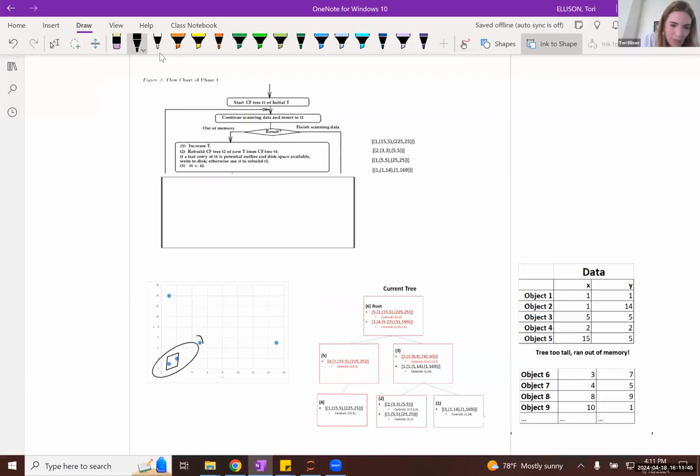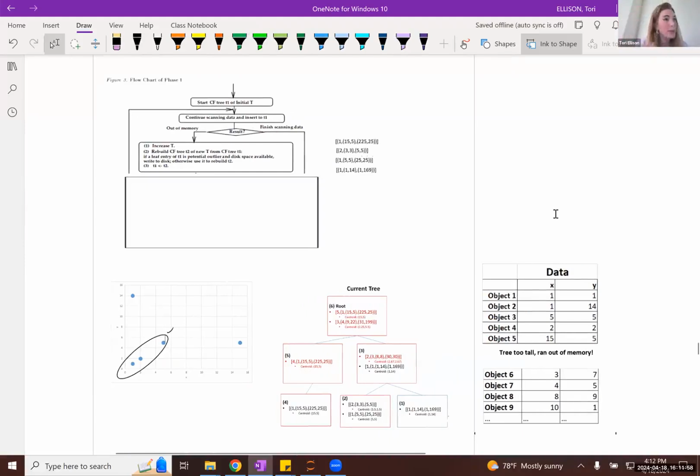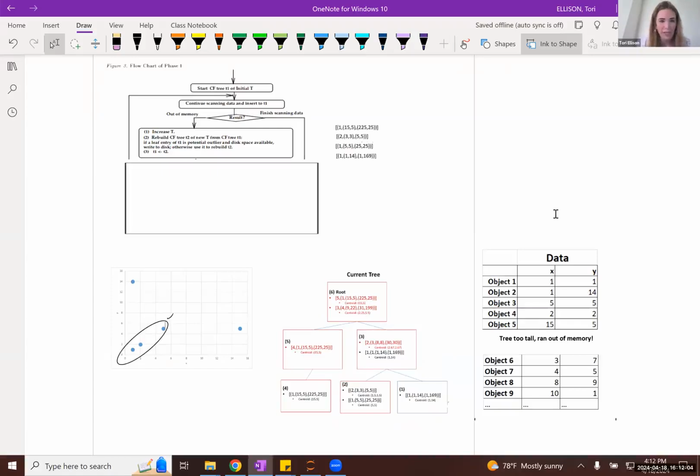So let's just say it used to be the case that this was too large, but now maybe you say, okay, well actually let's allow for a diameter threshold that incorporates all these together. So you increase that t, and then you rerun the algorithm again, not necessarily from scratch, so you're not wasting time rerunning the whole algorithm. Instead, what you do is you take each of the leaf node CF entries that you had previously created,